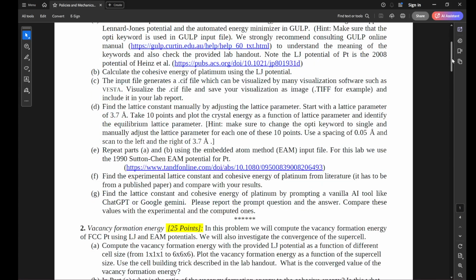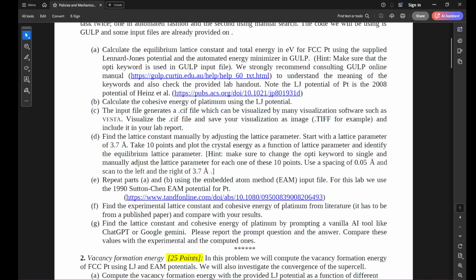Part E. Part E requires me to repeat A and B, which is basically calculating the cohesive energy and the equilibrium lattice parameter but using the embedded atom potential input file. This embedded atom potential is taken from the 1990 paper by Sutton and Chen, and its link is cited here. By the way, this is not really the exact embedded atom potential. It's a very similar one. It's the Finnis-Sinclair potential, which is very, very similar to the embedded atom method. Really nothing new. We will just redo what we have done